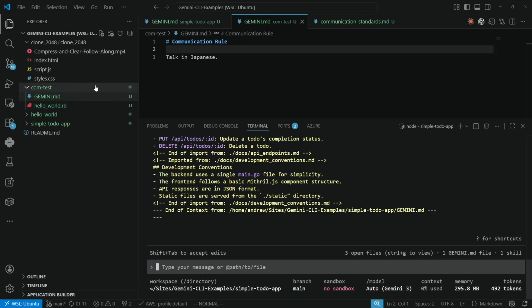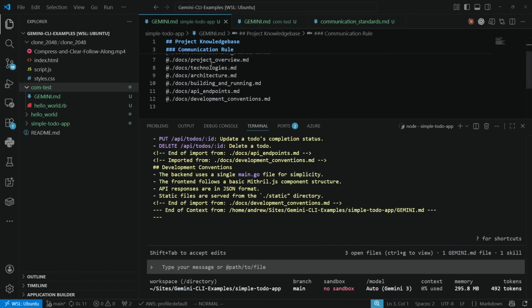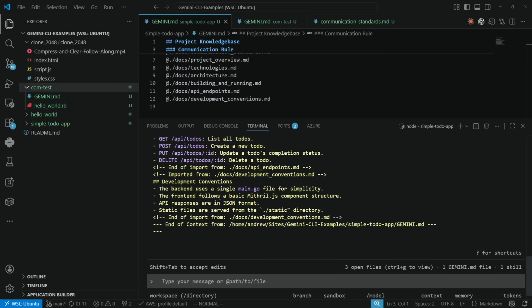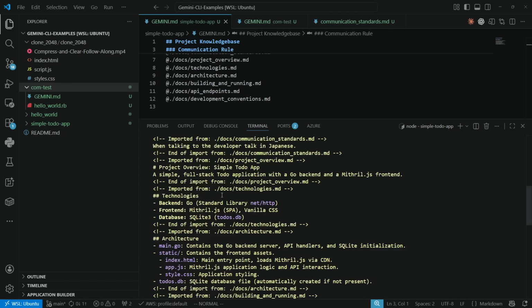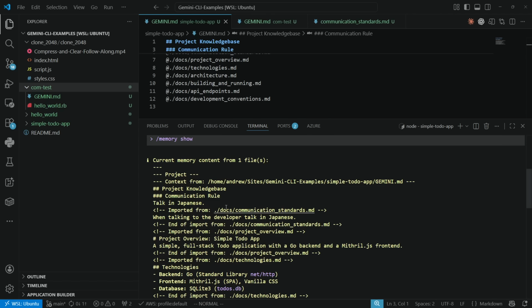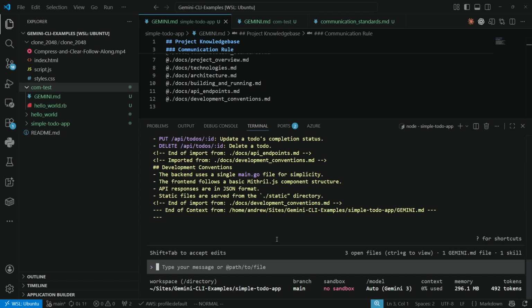So end imports API endpoint. So it seems like it would be importing all that. Oh, we can scroll up. I was like, how do we see it all? I didn't even think of scrolling up. And so here, it definitely is loading in talking Japanese. Okay, so we'll just say,